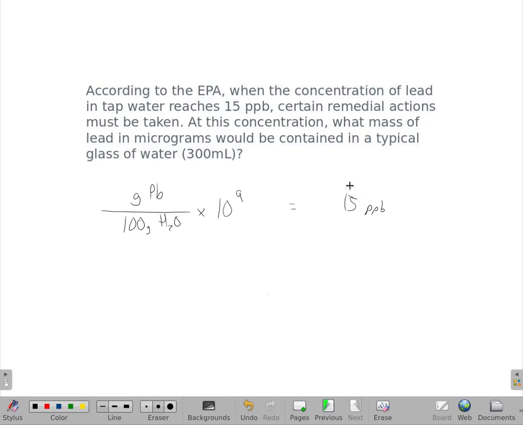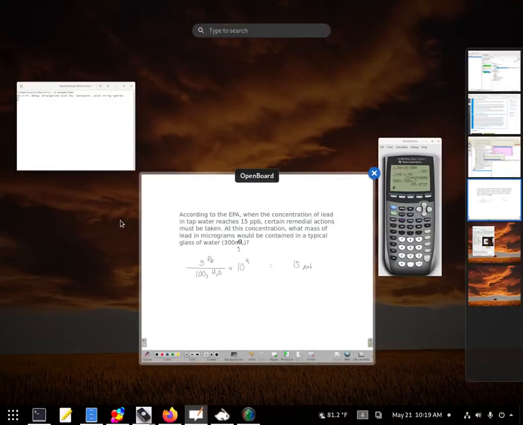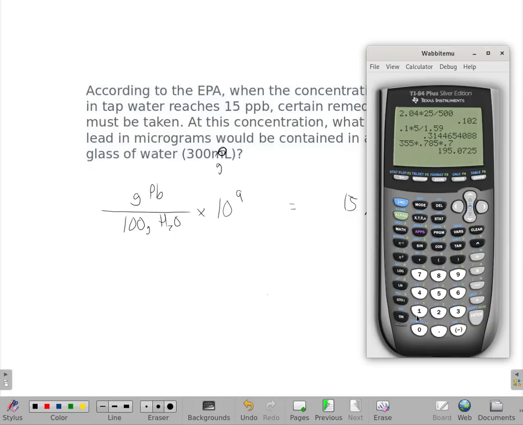All right, so it is just the same type of mass percent we just did. So I'm going to change this slide here real quick. We're not going to do this with 300 milliliters of water. We're going to measure out the weight of that water. So if we're working backwards here, we know that 15 parts per billion, we're essentially solving for this if this is 300. That seems weird, right? But we can actually work backwards on this. So if I start with that 15 and then divide by a billion,